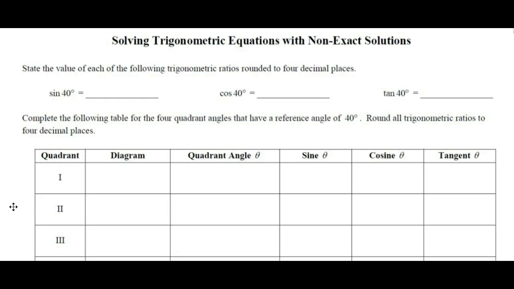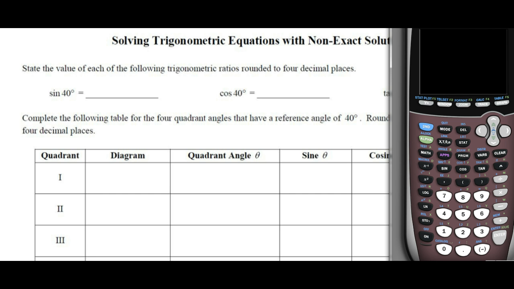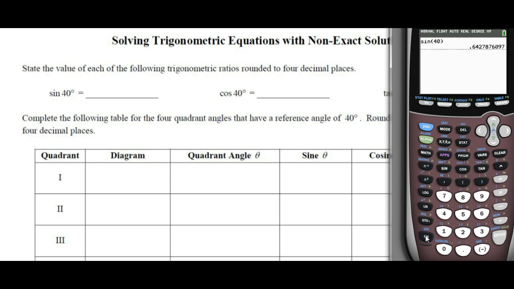Solving trig equations with non-exact solutions. Complete the following for 4 quadrants. Round all to 4 decimal places, right? If I'm going to have to do a bunch of rounding to 4 decimal places, then I'm going to let my calculator do it for me. If you're good at rounding, great, but if you have to do a whole bunch of these, so